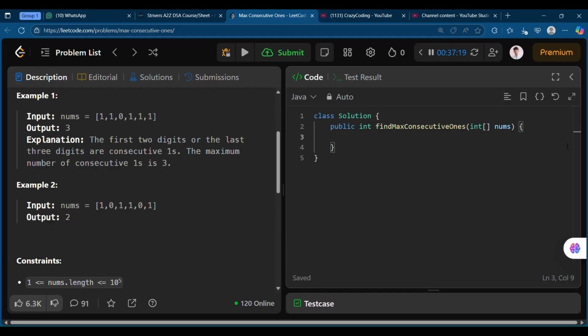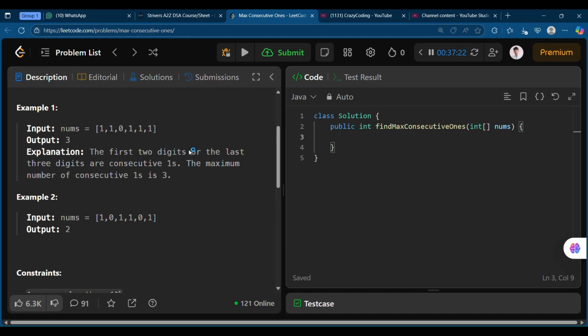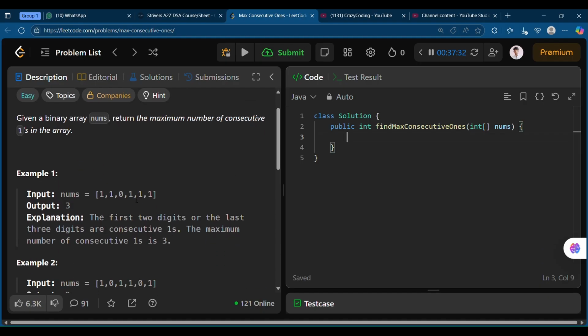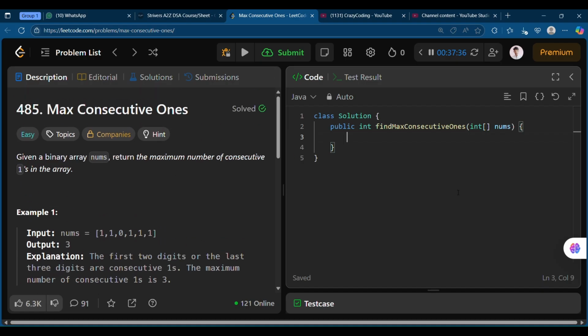Yeah guys, in LeetCode I was solving this problem, maximum consecutive ones. They have only given binary numbers 0 or 1. Return the maximum number of consecutive ones in an array. So you are going to return the maximum consecutive ones. As I explained in the video, you are going to use Kadane's algorithm, Kadane's approach. You will take a maximum